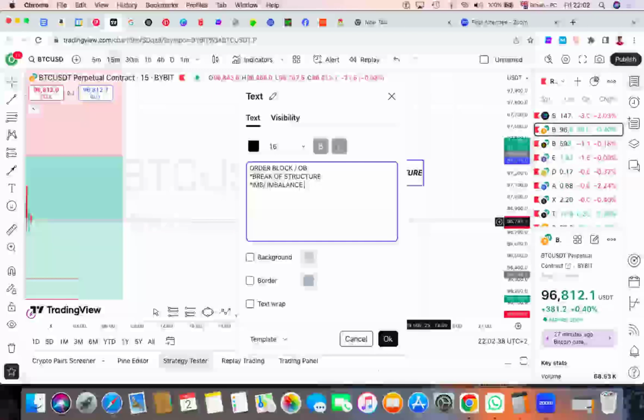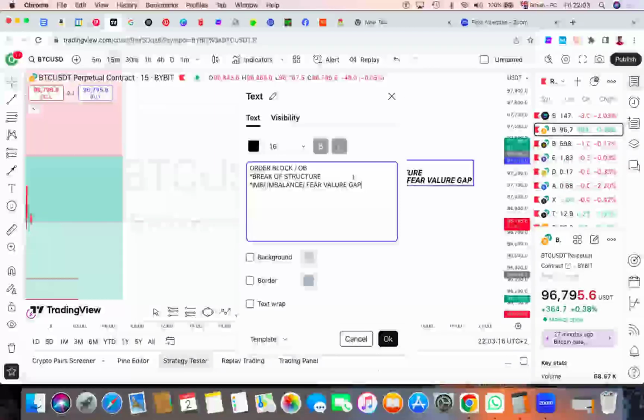Or we can also call it fair value gap. Don't be confused, it's still the same thing. Or just gap, you can call it gap. So it's fair value gap, or you can also call it gap. It's still the same thing. See this, all of this, they are the same thing. This is the short form, imbalance, or you call it fair value gap. But there's a little difference between imbalance and fair value gap. They are the same thing, right?